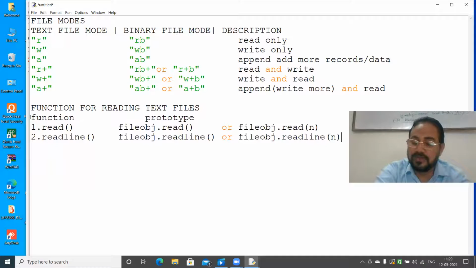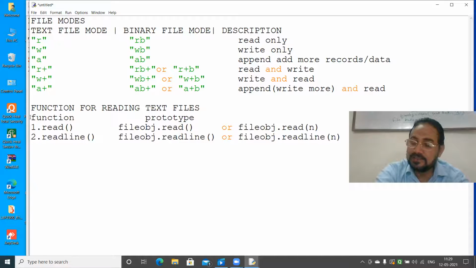So what is the meaning of this? You write: it reads a line of text from a text file. One line.